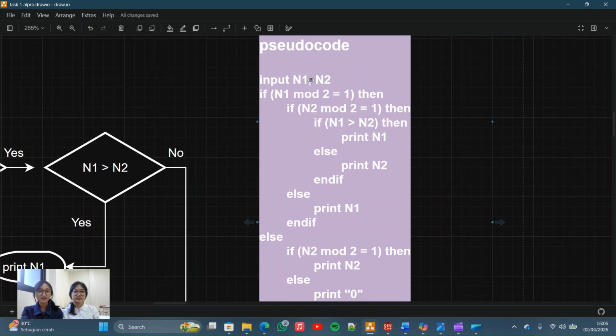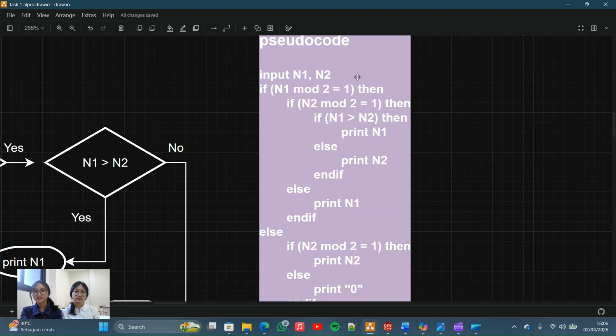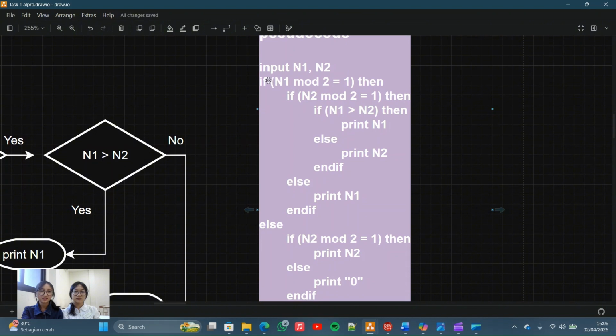This is the start. We ask the user to input n1 and n2, the first number and second number, and then the decision means if.